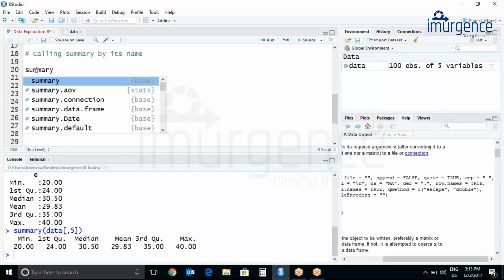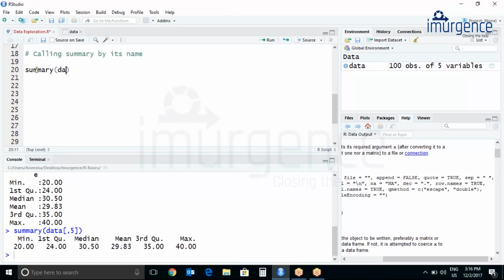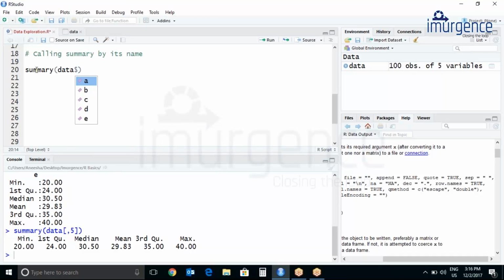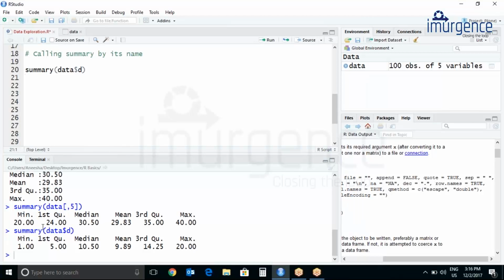Let's do summary data dollar. So if your data frame is created properly, then you can see the predictions of your variables. Let's do D. Let's hit Control Enter. So it will give me the summary of my variable called D.